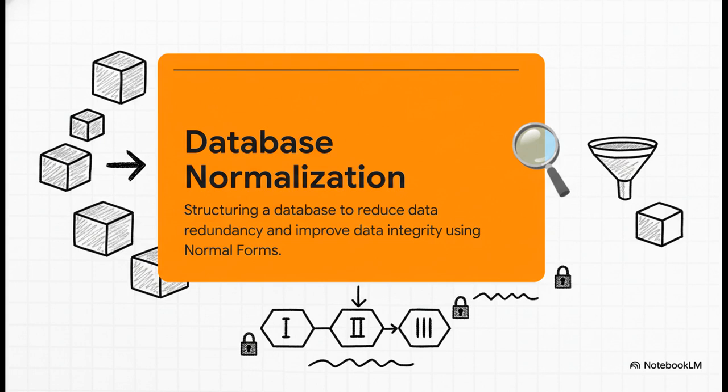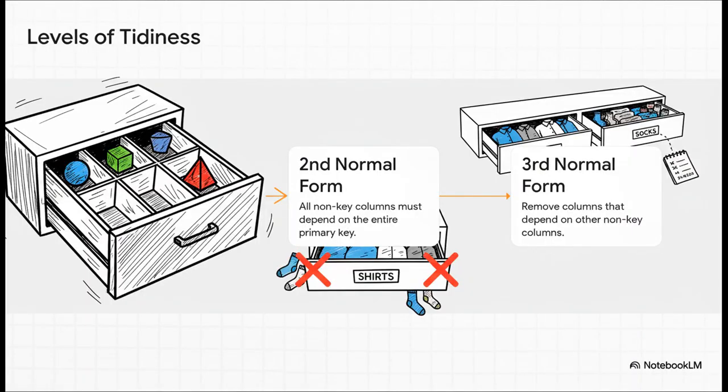To get this done, we follow a specific set of rules called normal forms. These rules are kind of like levels of tidiness. First normal form is simple. Don't stuff a bunch of different things into one box. One piece of info per cell. Second normal form basically says that everything in a row has to be about that row's main identifier, its primary key. So everything in the apple row needs to be about apples. Makes sense, right? And third normal form just takes it one step further, making sure you're not storing extra info that doesn't belong, like the supplier's address in the product table. It's all about logical separation, which we're about to see in action.